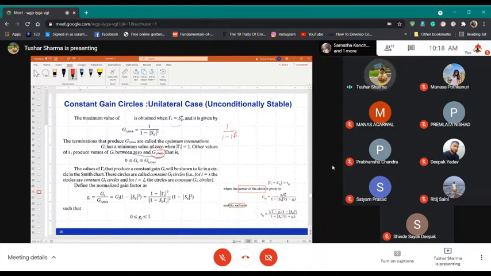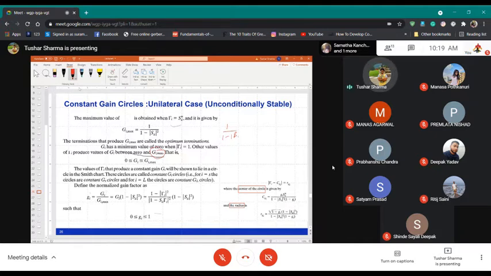So the first thing is your GI max. It's straightforward. It depends on, for example, if you are calculating at the source, your GS max is 1 over 1 minus S11 whole square, because S11 is at the input. You're calculating the source circle. Say GI max is 20 dB. Now you are trying to find a gain circle of 18 dB. So small g can be calculated as GI over GI max, which is equal to GI times 1 minus SII whole square. You just substitute these values and you get this expression.